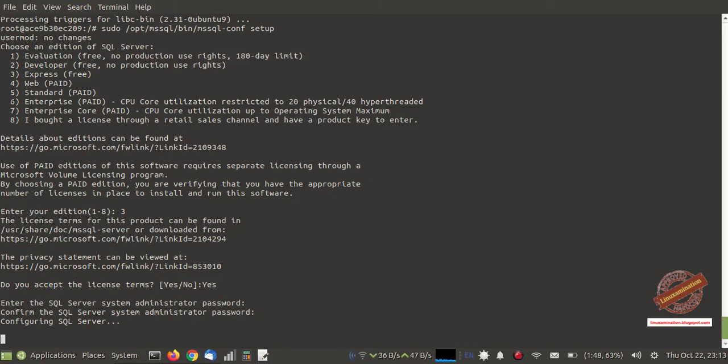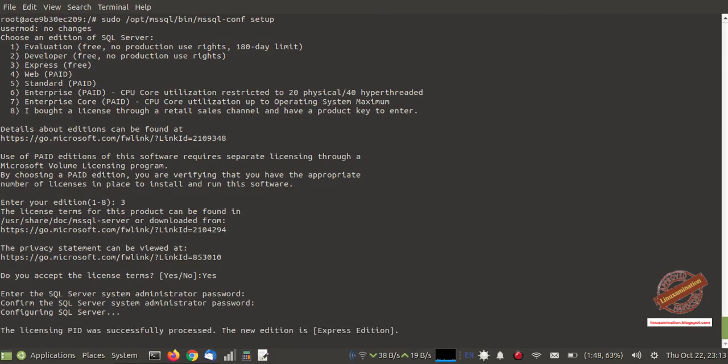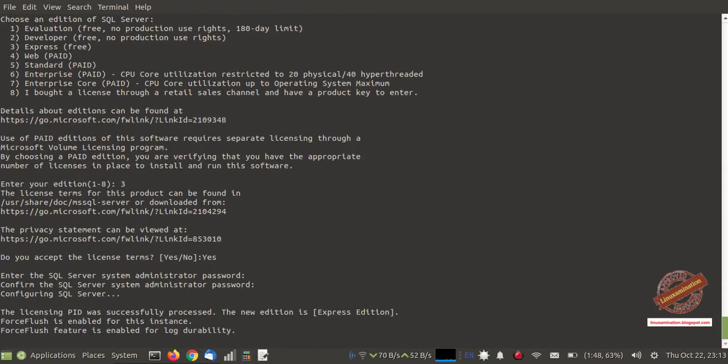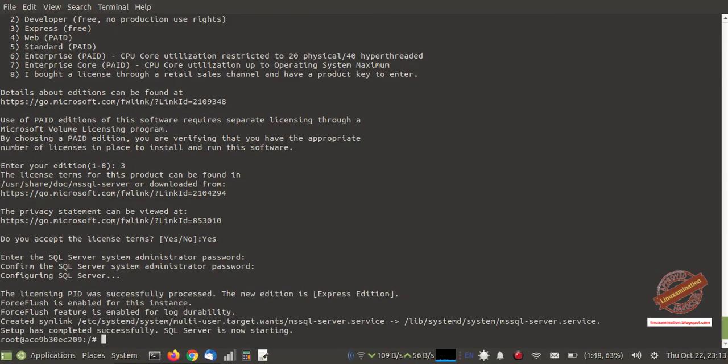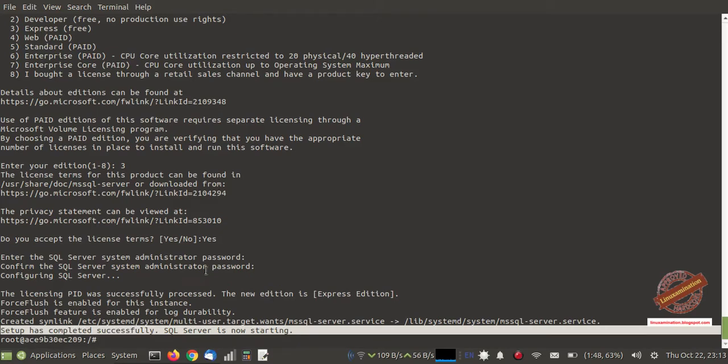Once you add the password, it starts configuring SQL Server. Now setup is completed successfully and I did not get any systemd related issue. My SQL Server has been installed successfully.